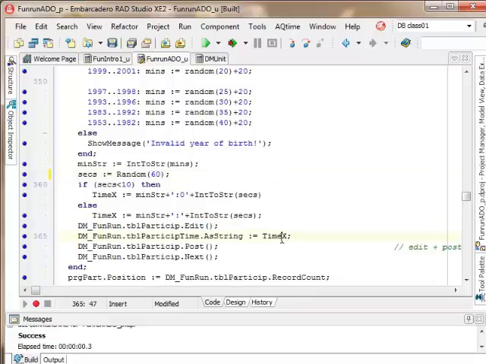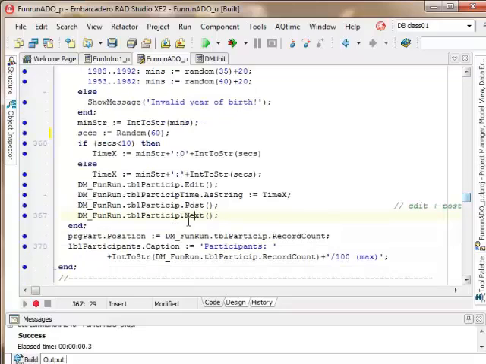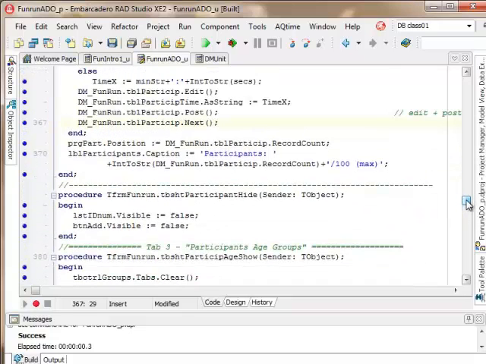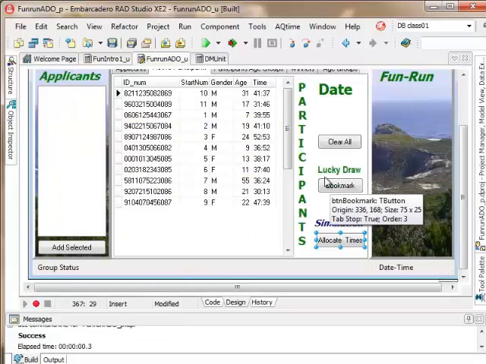We can allocate that specific time we just made up, with minutes in front and seconds at the back, and then post that record, moving to the next, editing the next, and allocating the time. So here's a beautiful, nice example of editing a specific record, changing some data, and writing it back. Last part here is updating the progress bar again right on top, and as we're leaving that specific